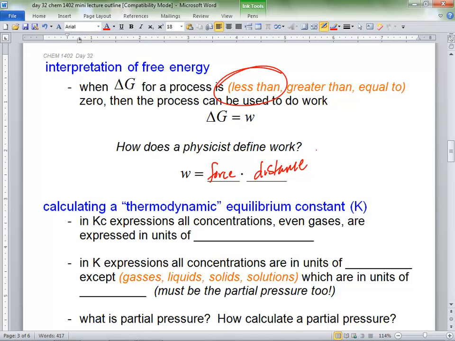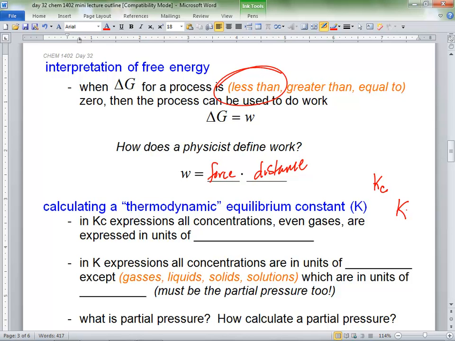Calculating a thermodynamic equilibrium constant. Man, we've had Kas, we've had Kbs, we've even had Kws and Kcs. But we've never had just a K before. Now we have just a K for the equilibrium constant. They're going to call it the thermodynamic equilibrium constant, so we can relate it to delta G. That's the whole point. In Kc expressions, going back to them though, when we wrote products over reactants,